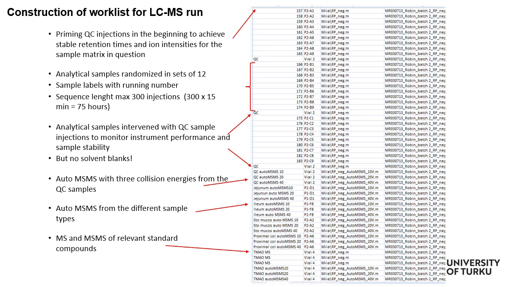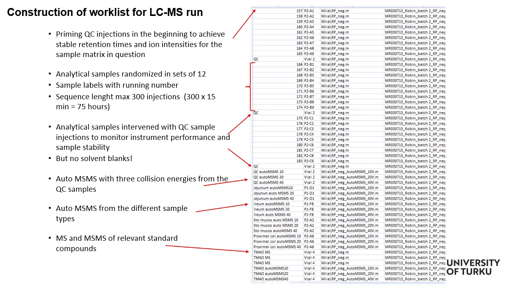And then typically you have analytical samples in sets of 12 samples, and typically the samples are labeled only with a running number, but then you have the code somewhere else. So it's not very advisable to have a lot of text and information in the actual sample label, but just simply the sample number is enough.